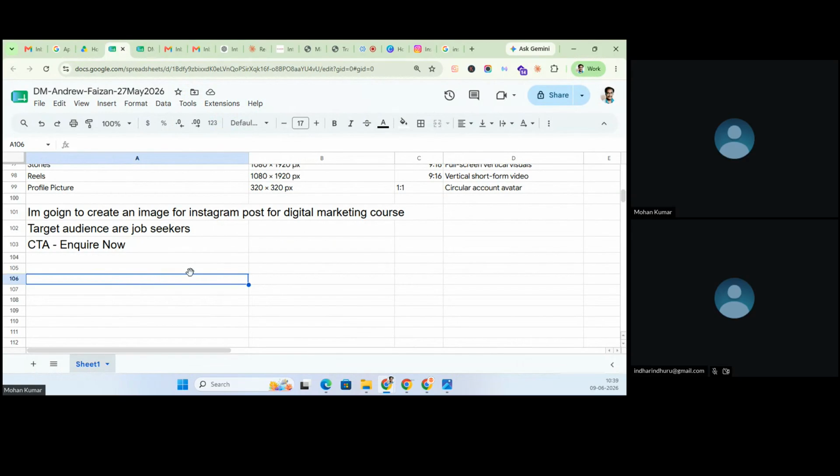Okay. Now what we are going to create is a single image. Let's assume that we'll create a single image. Now what should my image contain? If you don't have any idea, earlier there was a graphic designer who would have some creativity. You tell them, I need an image attracting job seekers, and by seeing that image, they should call us. If I tell them like that, then the graphic designer will start working and creating that image. Now what we'll do is we'll go to